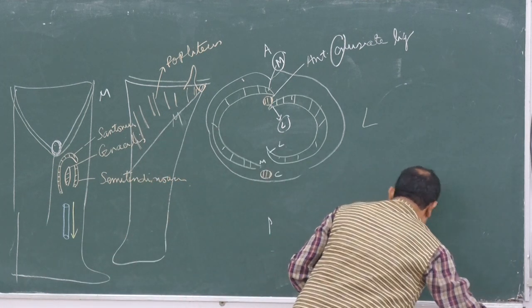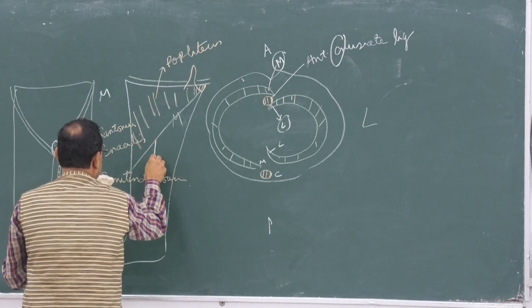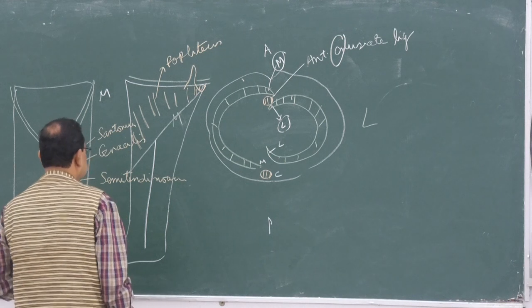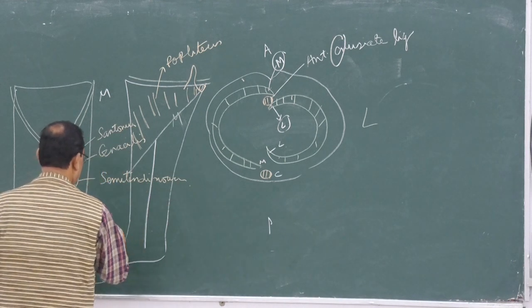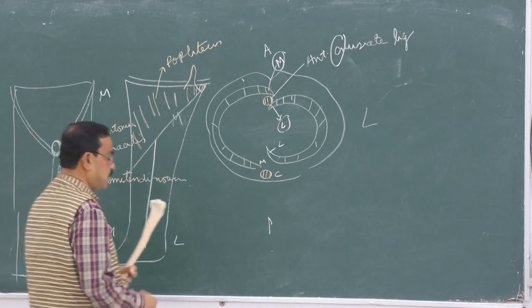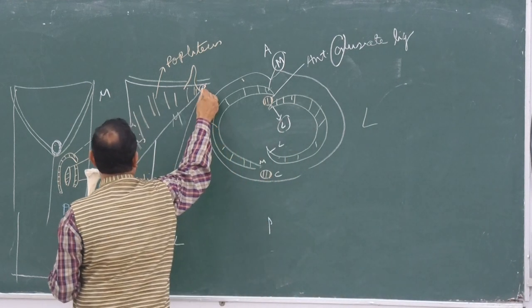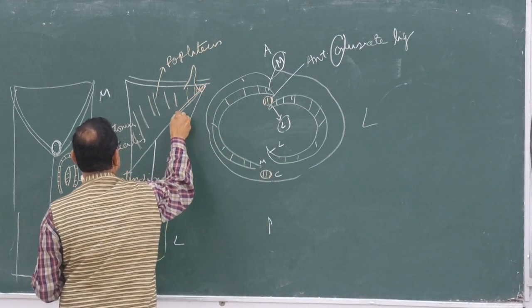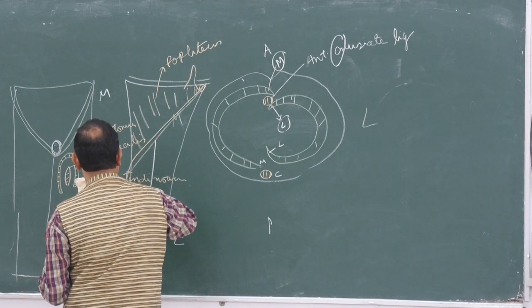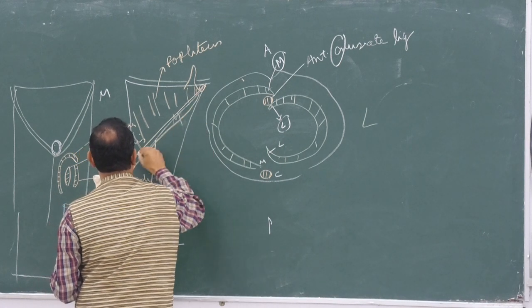And another line we can see here, from the middle of the soleal line, which divides the posterior surface into two parts. This is medial and this is lateral. Okay, from this soleal line one muscle takes origin, and which is continued up to the middle of the medial border, which is called the soleus muscle,